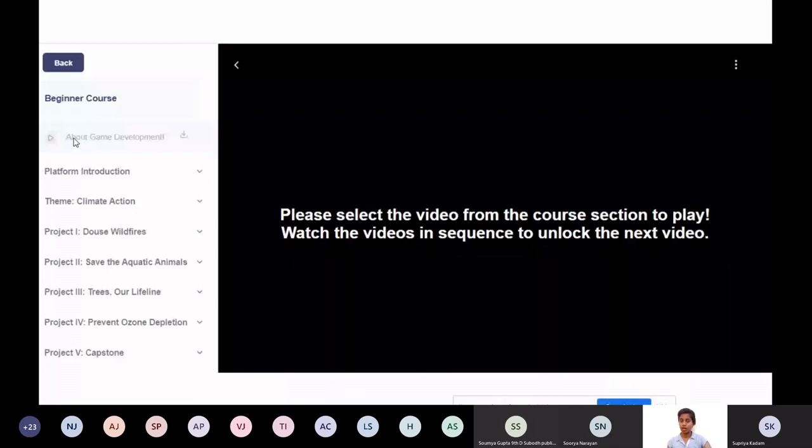When you look at the palette on the left-hand side, there is a beginner course. It talks about game development. There is a platform introduction. That is the platform, here is your scratch, so that is an introduction about scratch. And then there is a theme. So what is the idea of a theme? Now we all know from game playing, we are setting our minds towards game development. In order to develop a game, you have to make sure it has quality in it. Like I already said, we don't want to include any anti-human or anti-humanity factors into it. So we have given you a theme in order to develop a game.